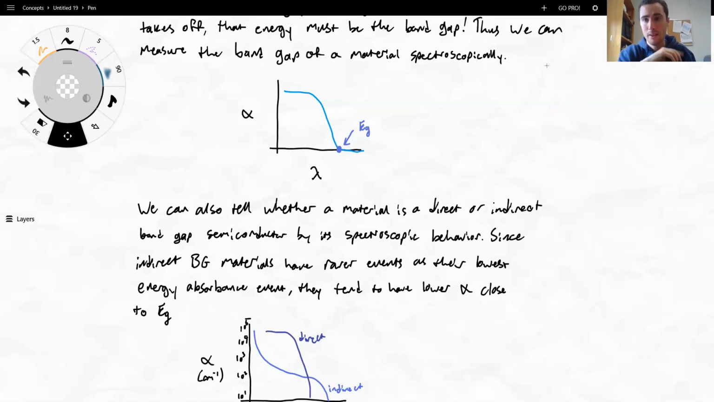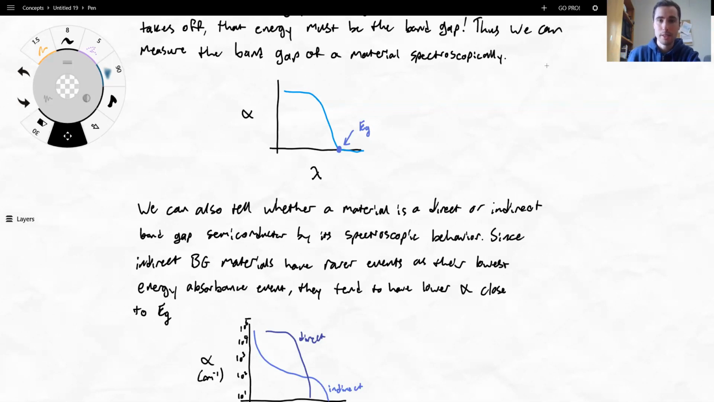But not only can we tell where the band gap is, we can also tell whether it's a direct or an indirect semiconductor spectroscopically. This one's going to be a little bit more qualitative than quantitative. With the band gap, we can just say, right there, that number, that's the band gap. The indirect versus direct, we're sort of looking at what the graph looks like. So if you recall, an indirect band gap species is going to have pretty low absorbance close to the band